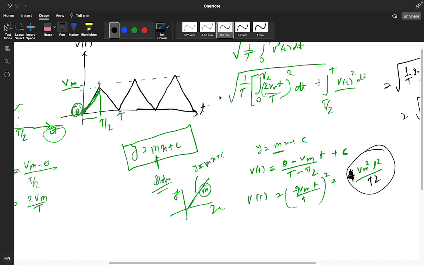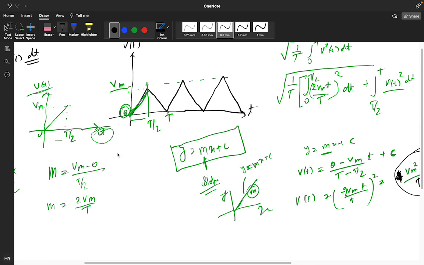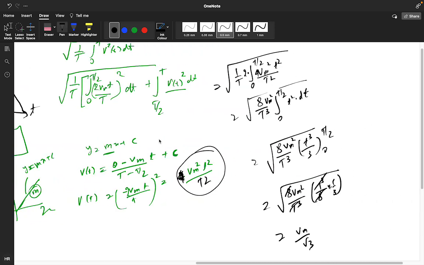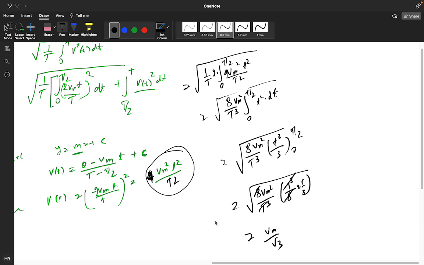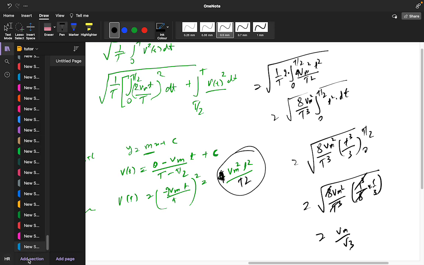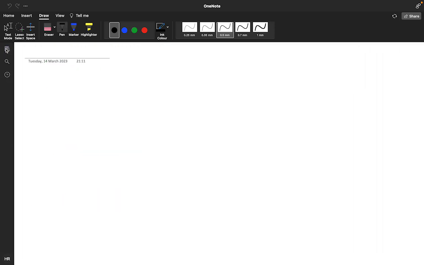Otherwise, if you are not able to understand these things, you don't have to worry, because these things are going to be repeated in signals and systems from the basic points, and you will understand how the signal is plotted. So for now you just have to remember that for any trigonometric function the VRMS value is Vm by root 3. So what I told you yesterday: